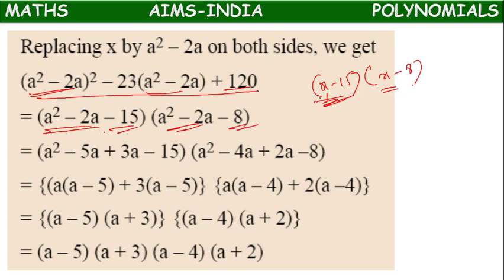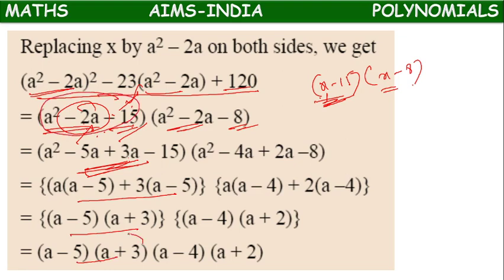Now again this middle term has to be split. Here the constant is 15, which is 3 times 5. But we have minus 15, and we need minus 2a. So minus 5 plus 3 we can take, and then we will get minus 2a. Like that we split, take common, and again two factors will come. So for this first factor, we get two factors.